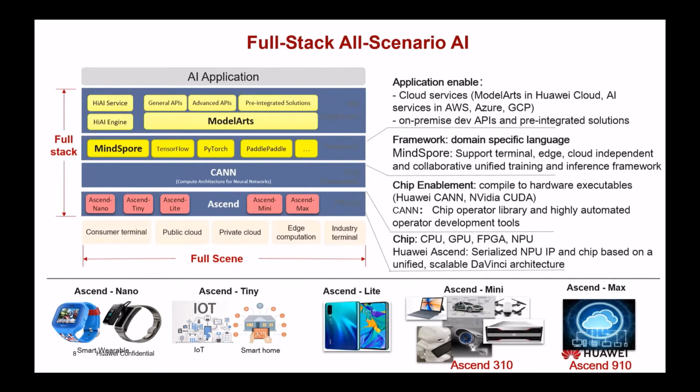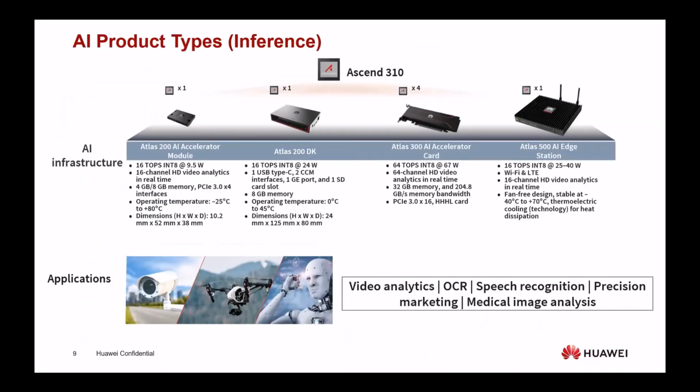This illustrates Huawei's offering of the full stack all scenario AI products, including module, card, edge station, server, and cluster, all powered by the Ascend AI processors to build an all scenario AI infrastructure solution across cloud, edge device, and training cluster. For inference, these are our edge products based on the Ascend 310 chip. Note that we cannot perform model training on edge devices, only inferencing powered by AI accelerators and useful for several